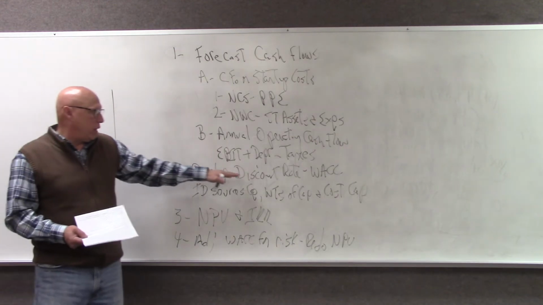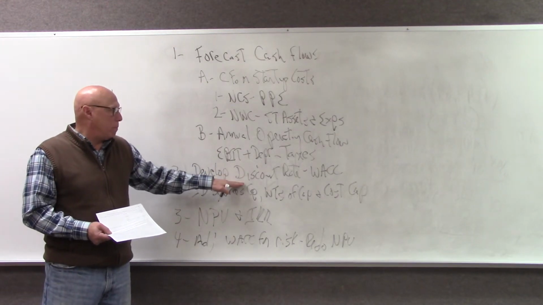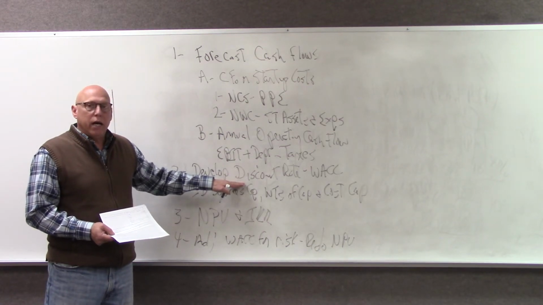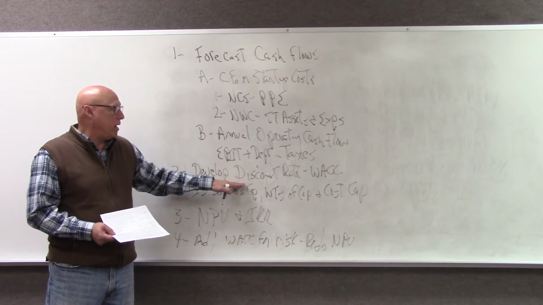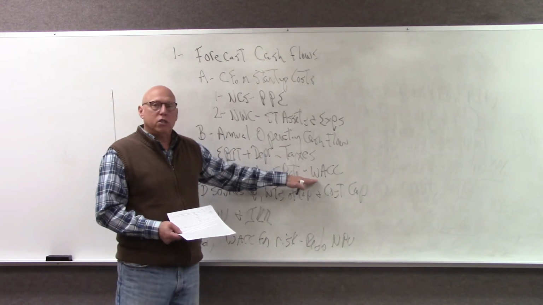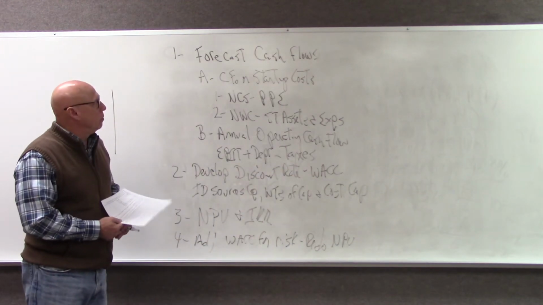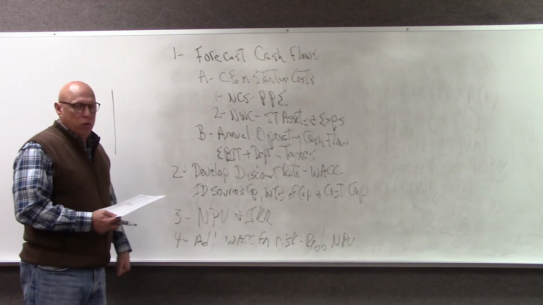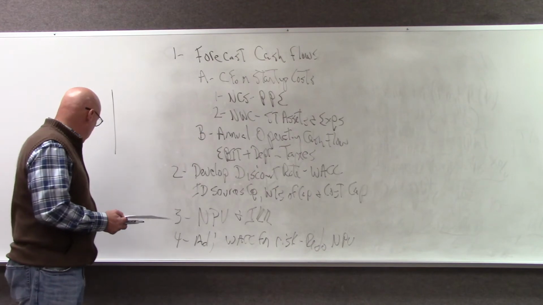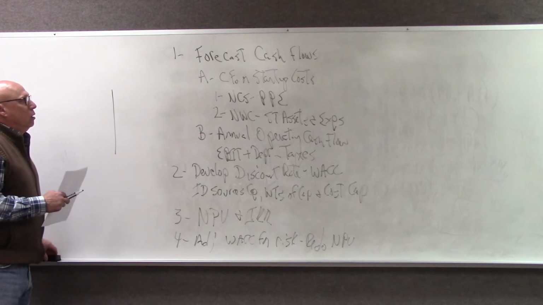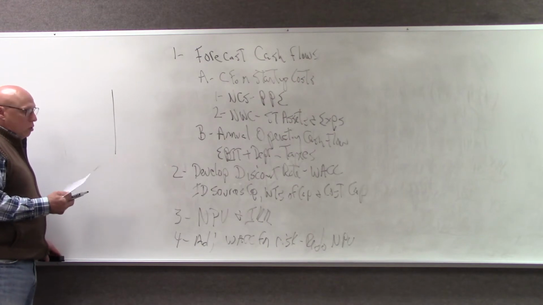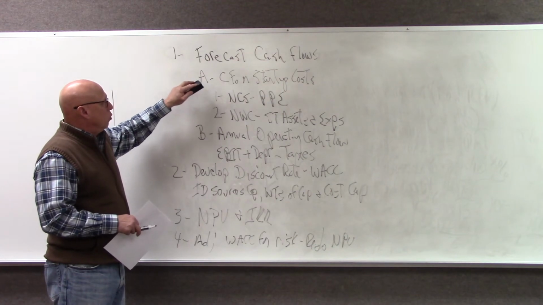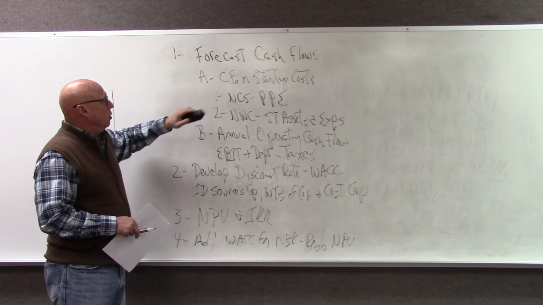So the WACC that we develop is a firm-wide cost of capital, and it's an average cost of capital, but each project has its unique risk characteristics, so we might have to adjust our discount rate to reflect higher or lower risk. All right, so we have forecast cash flows, develop discount rate, and do the NPV and the internal rate of return. That's the big picture. All right, with that in mind, let's go ahead and start by looking at our cash flows, and we'll start with our CF0